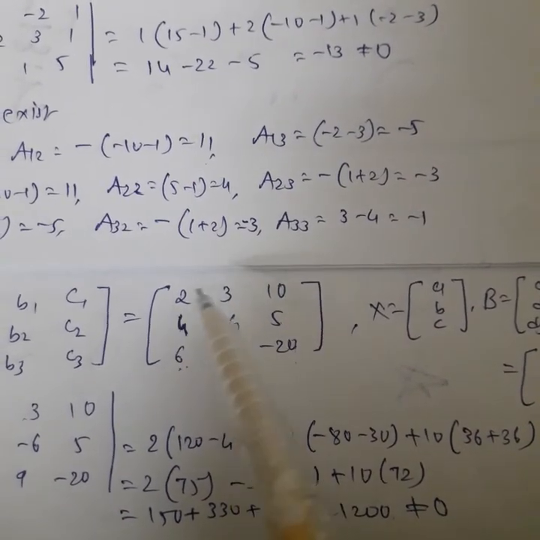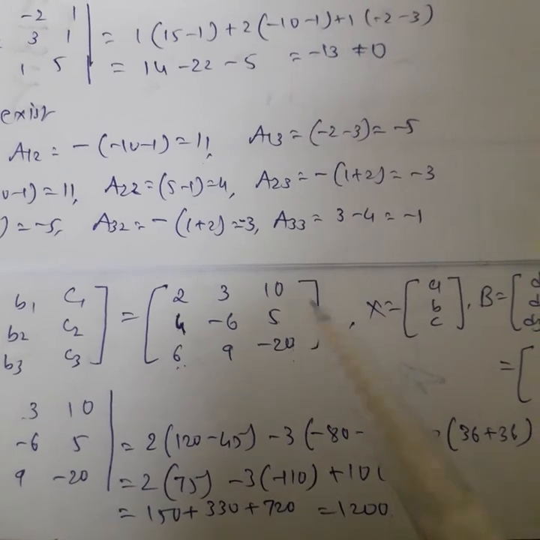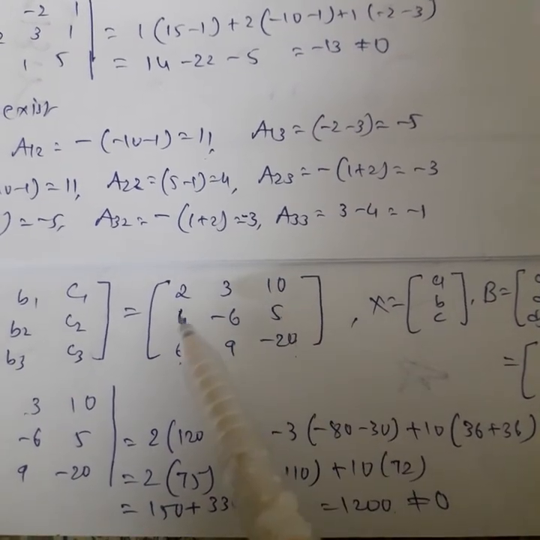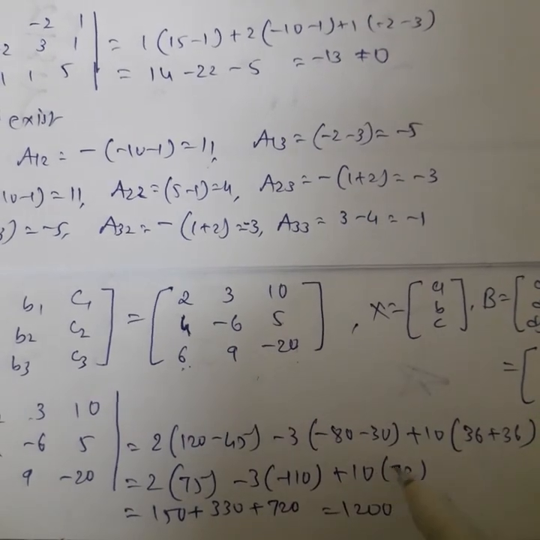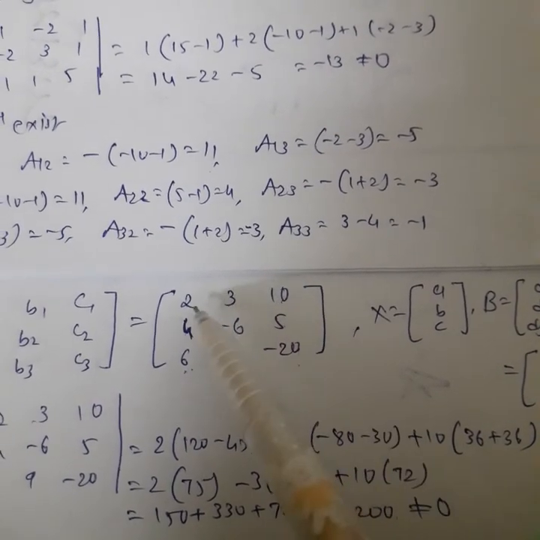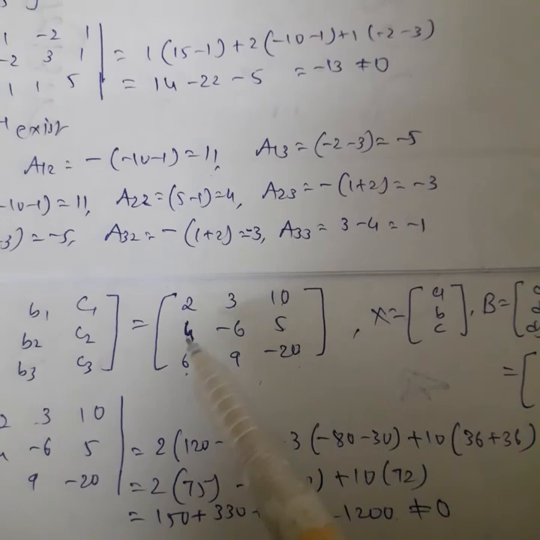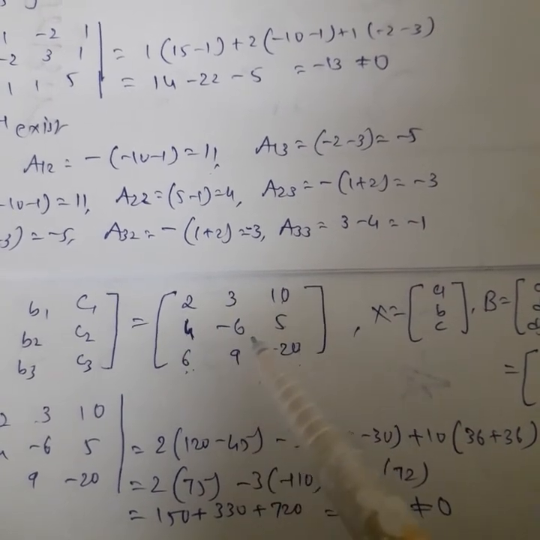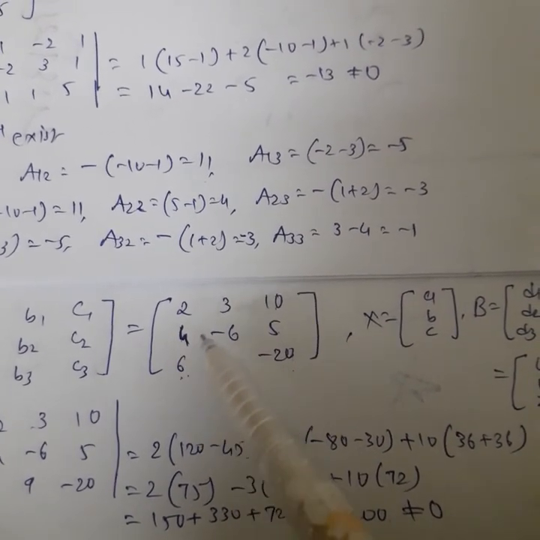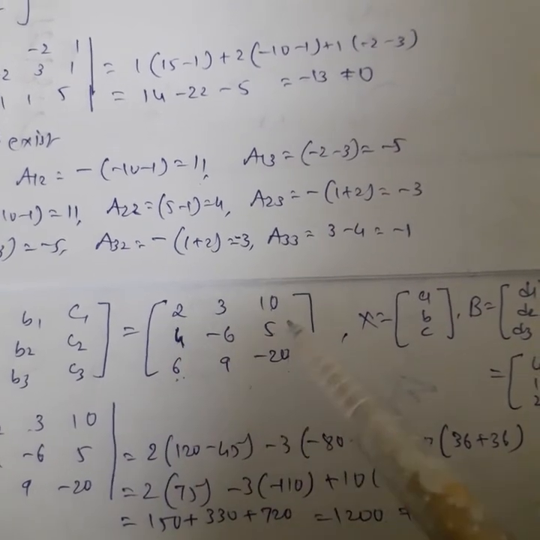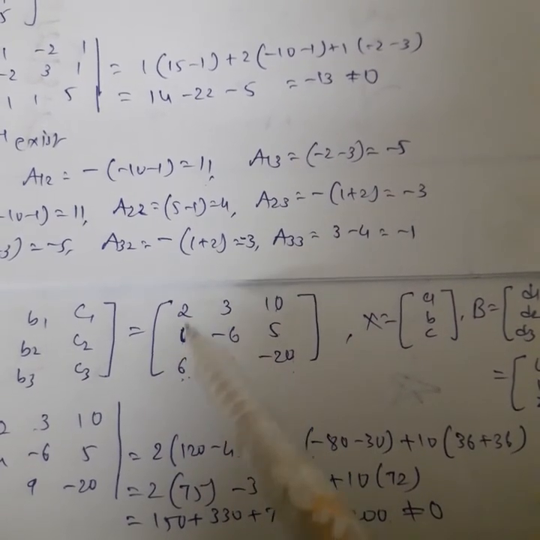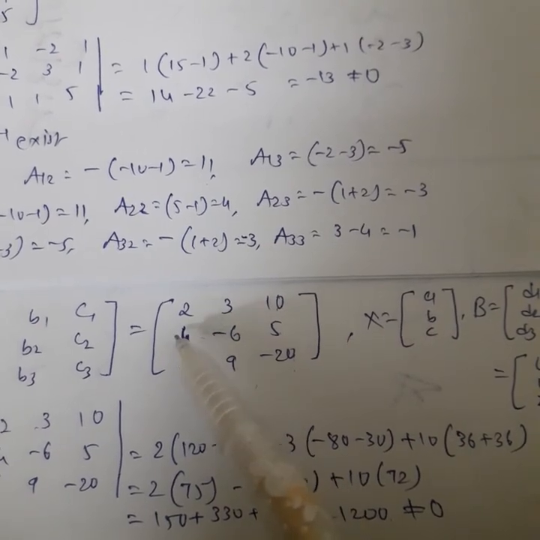Now the cofactor of the next element, 10, the element of first row third column. 1 plus 3 is 4, so it is a positive sign, then 4 times 9 is 36, minus minus plus 36, so 72 is the cofactor of 10. These are the cofactors of the first row. Now we discuss the cofactors of the elements of the second row. We take the cofactor of 4, the element of second row first column. 2 plus 1 is 3, so minus 1 cubed, so its cofactor will be negative.